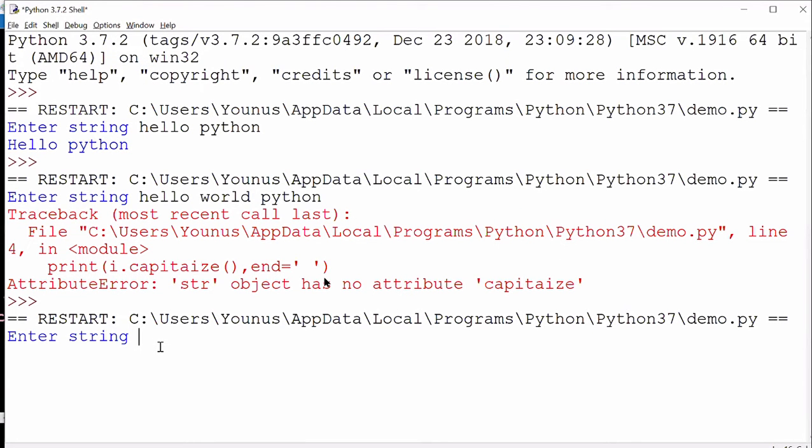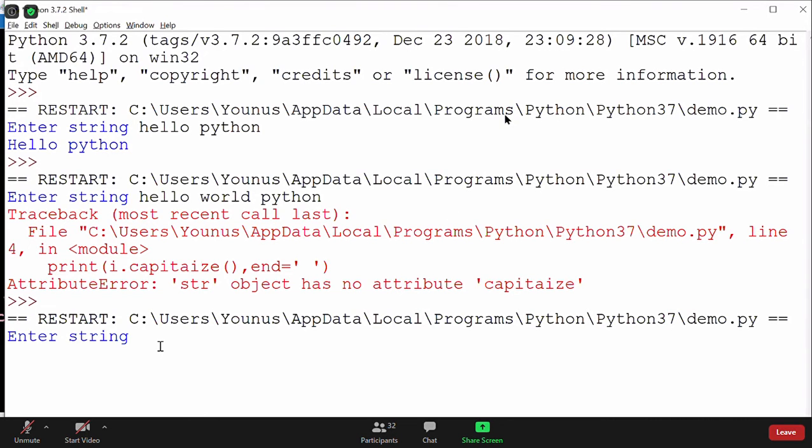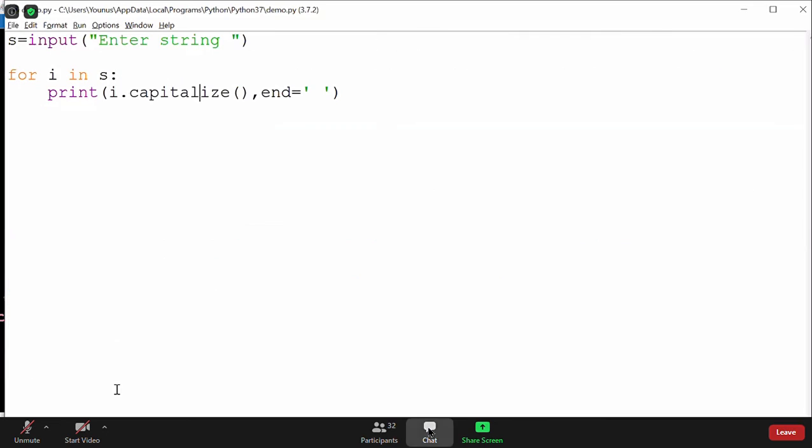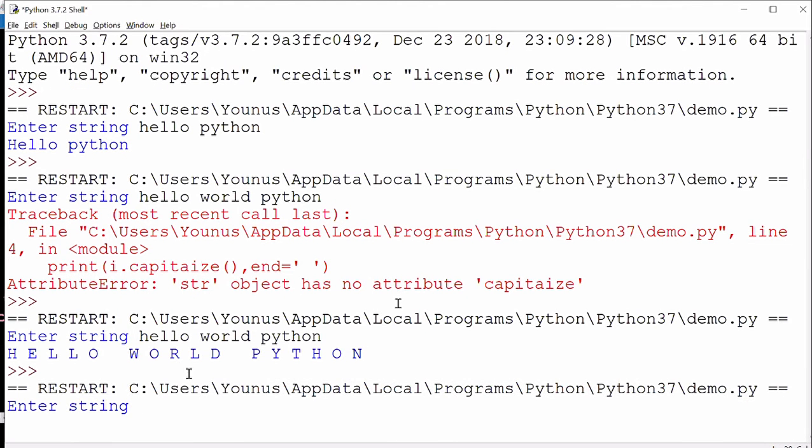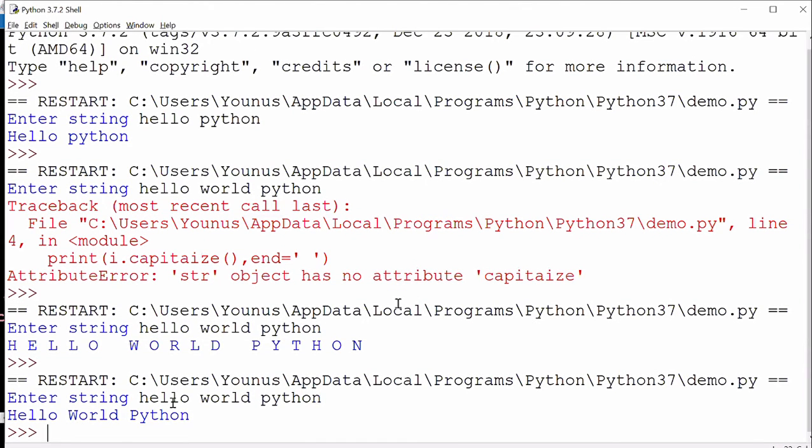So we want to split. Okay, so hello world Python. Oh, that's what was happening. Sorry, I didn't split it. I can split here directly. Okay, I didn't split it. That's the mistake I made. So now you see that I enter hello world Python. Yeah, thank you, Satyam. I didn't split and I was trying to do it all, that's why we were getting it wrong. So you can see here now it's printing hello world Python.